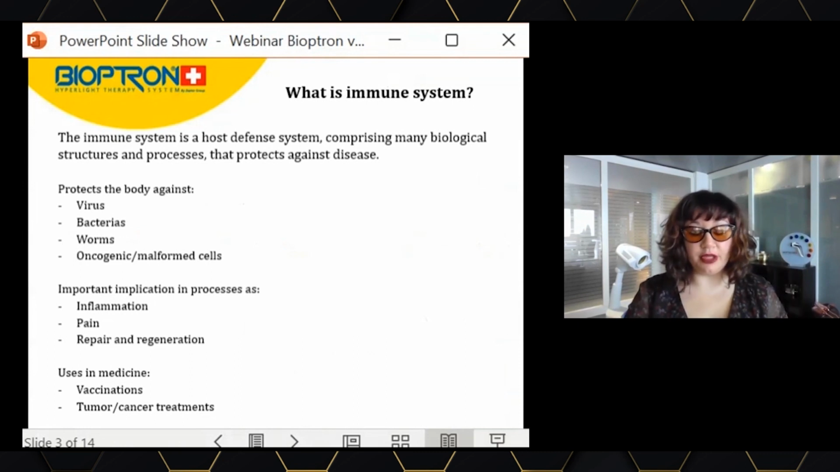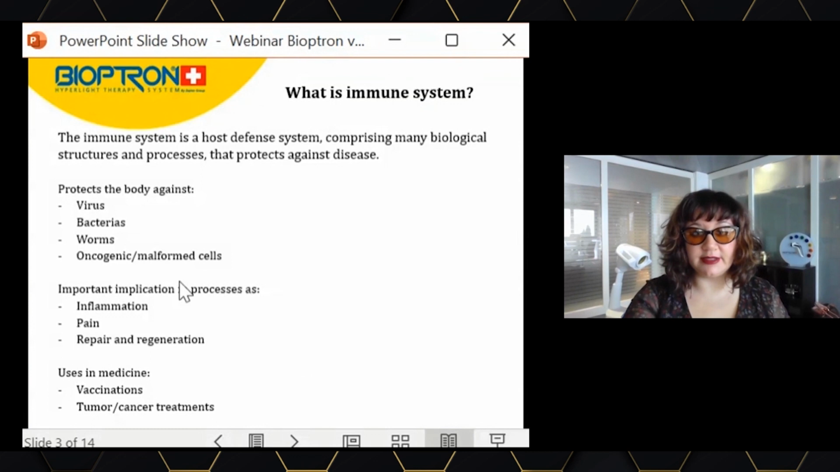But what is our immune system? The immune system is the host defense system. It's the system of our bodies that will fight against any external pathogen. Of course, the immune system is a very complex system with quite a lot of different cells, tissues and processes involved. We will not go into that detail, but it's very important to know that our immune system